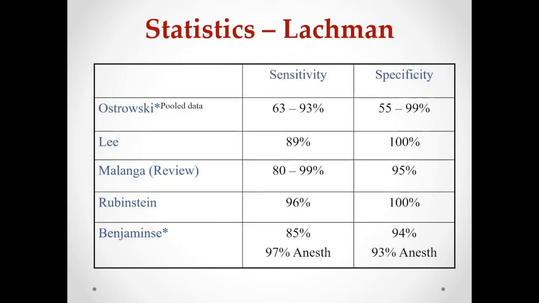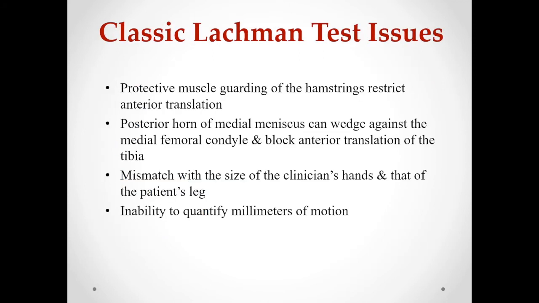However, again, the test is either positive or negative and doesn't leave a lot of room for the interpretation of a partial tear of the ACL. Protective muscle guarding of the hamstrings also restricts anterior translation with the Lachman's, just like the anterior drawer. Likewise, the posterior horn of the meniscus can be a problem. But probably even a bigger issue